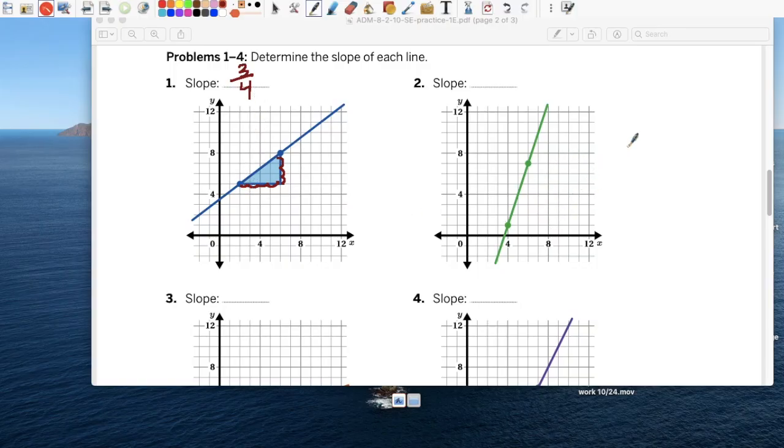This one, where's the slope? Well, to find the slope, you need to pick 2 points on that line, any 2 points. And obviously you're not going to pick this point right here, because it's not on the intersection, and you're not going to estimate. So pick 2 points that are very easy to determine. So this is the line, and you can create a triangle. And all you've got to do is count. Slope, the height, right? What's the height? 1, 2, 3, 4, 5, 6. What's the base? 1, 2. What's the slope? 3.